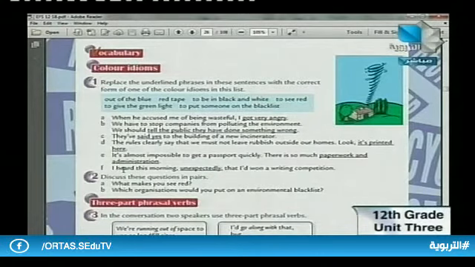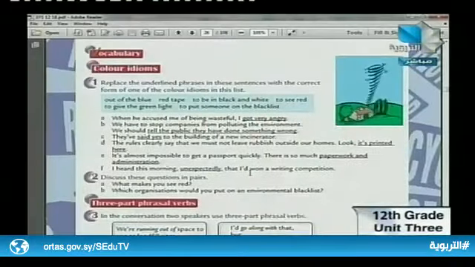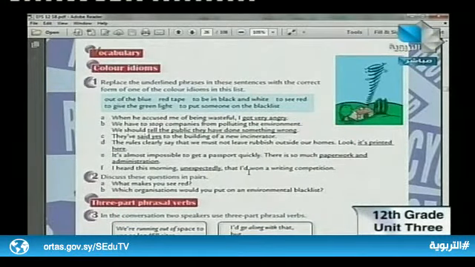Thank you. The last one said, I heard this morning unexpectedly that I'd won a writing competition. Unexpectedly. It's out of the blue, surprisingly. I didn't expect that, didn't see that coming. It's like out of the blue, out of nowhere. So we replace "unexpectedly" with "out of the blue." I'd won a writing competition. Thank you very much. Now, I hope that the color idioms, dear students, are very clear to you.